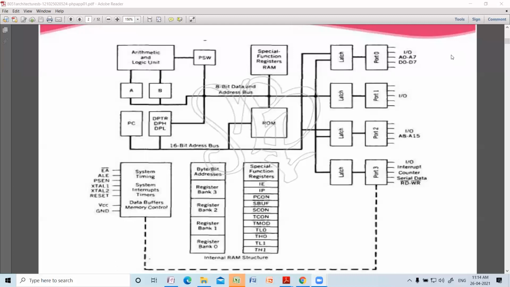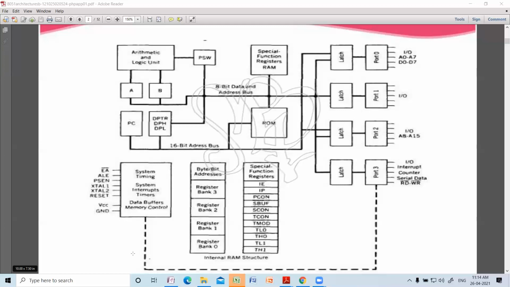And the remaining 96 bytes out of 128 bytes are used as byte or bit addressable memory, called scratchpad RAM.